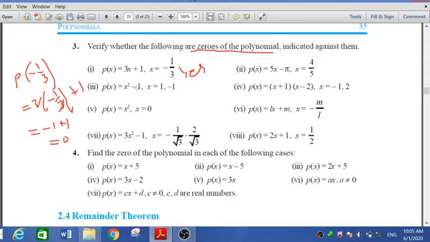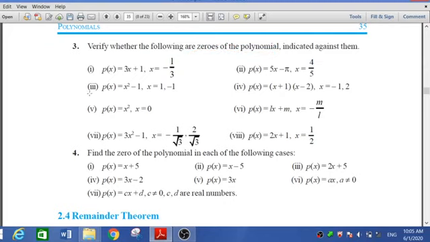Now if we put x in the third one, first I am explaining, it is easy. Put the value of x equal to minus 1 by 3. We get 3 times minus 1 plus 1, which is 0. So we can say it is yes. Now the third, x equal to 1. If I put it here, 1 minus 1, the answer is 0. So in the first, x equal to 1, the answer is yes.